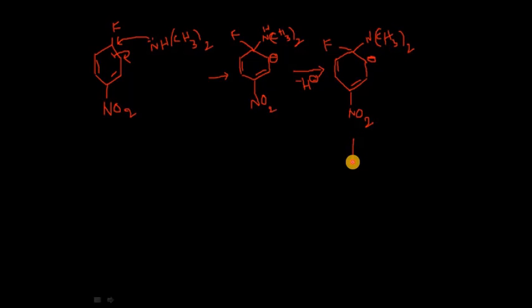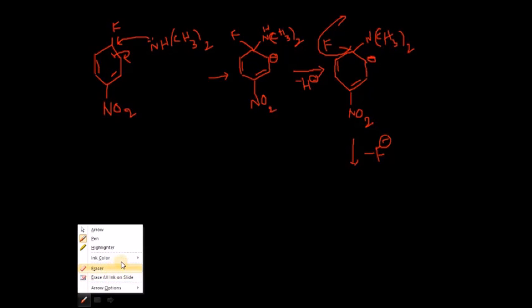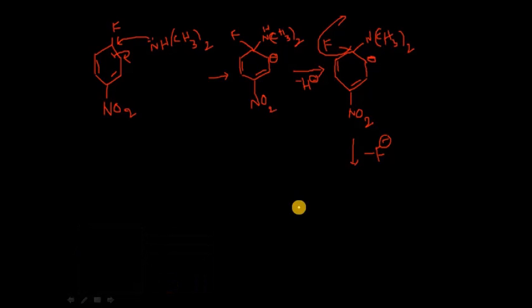So now this fluorine can easily leave the compound as fluoride, F minus. It goes as a fluoride. It means that we can understand one thing from this: this double bond will come inside. This pair of electrons will make a double bond inside this. So now that product will look like this.